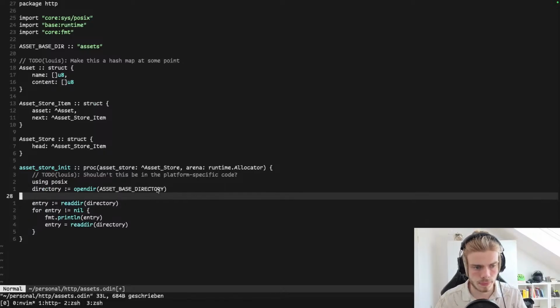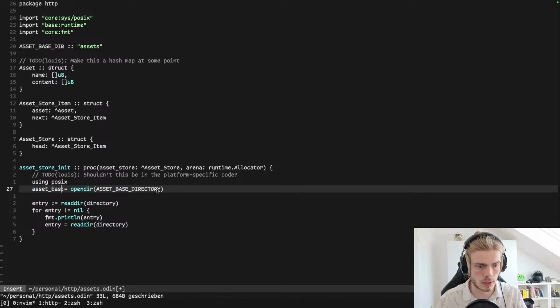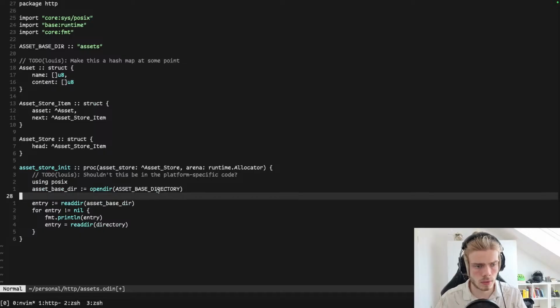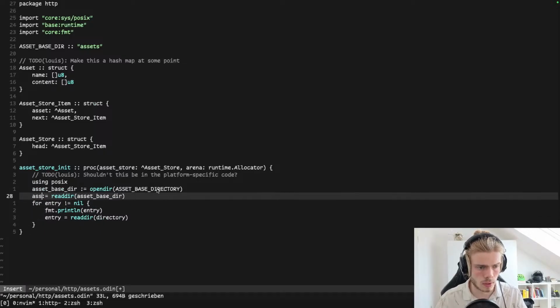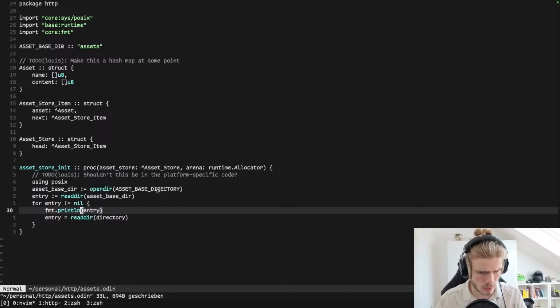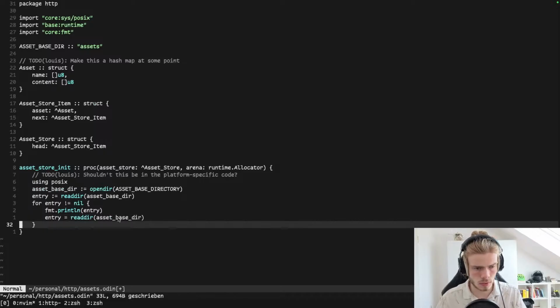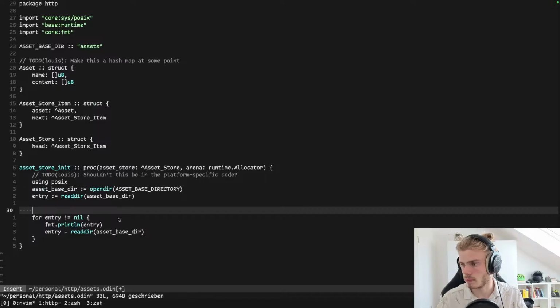Let's say, so asset base dir, asset base dir, asset and asset and entry, asset base dir. And let's say our path buff, which is a U8 with the size of,